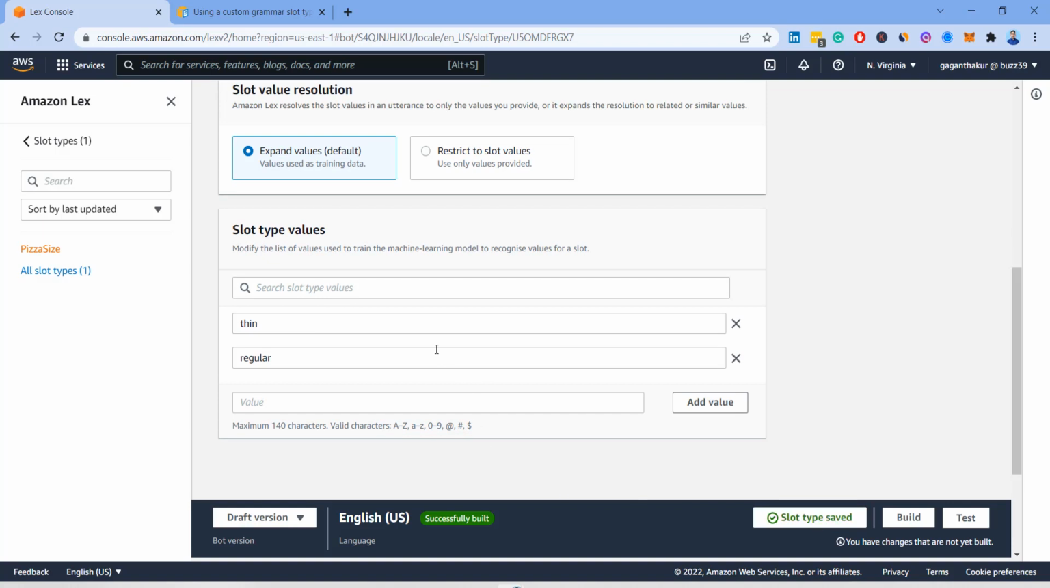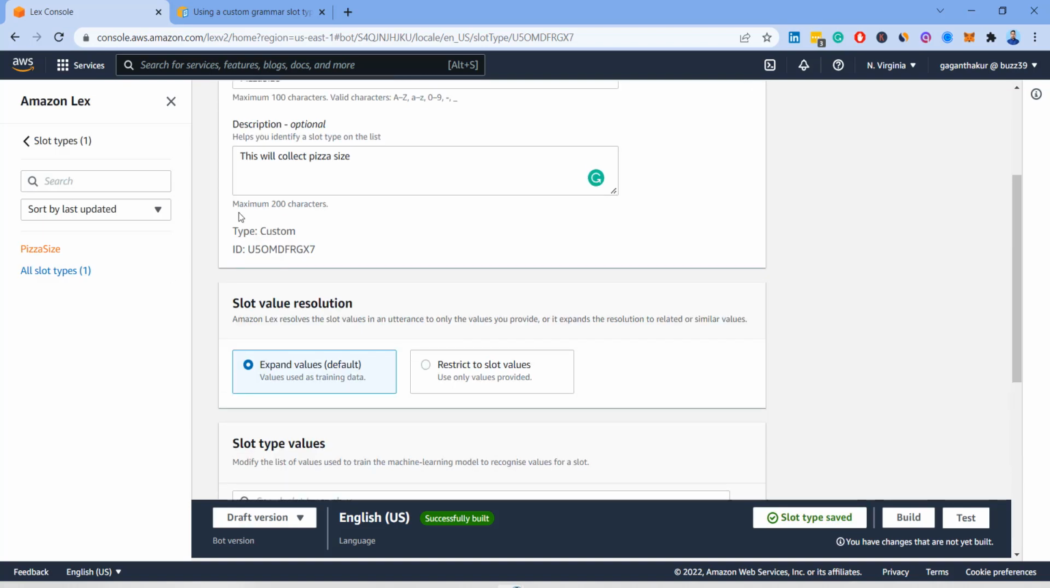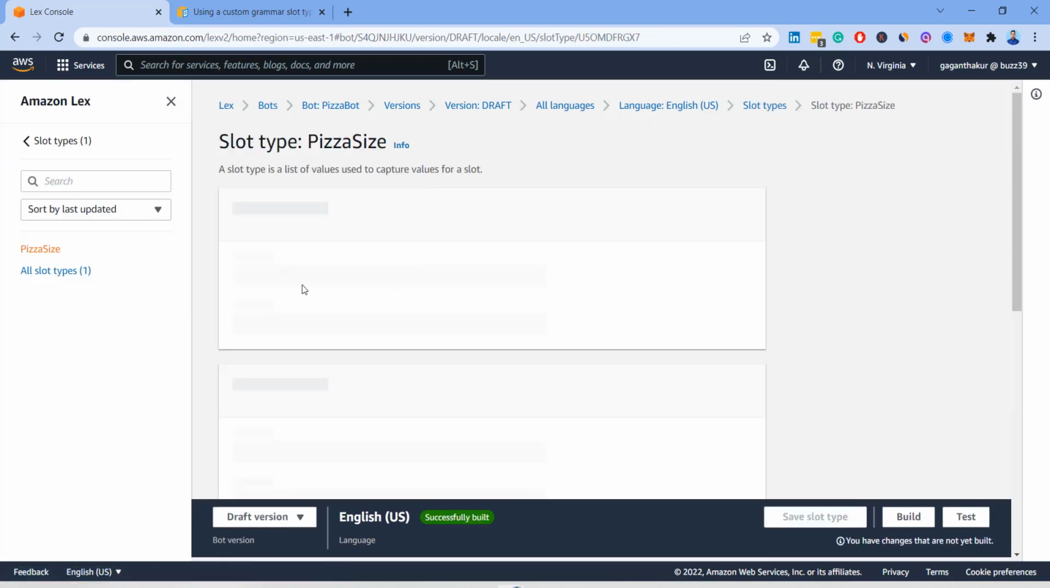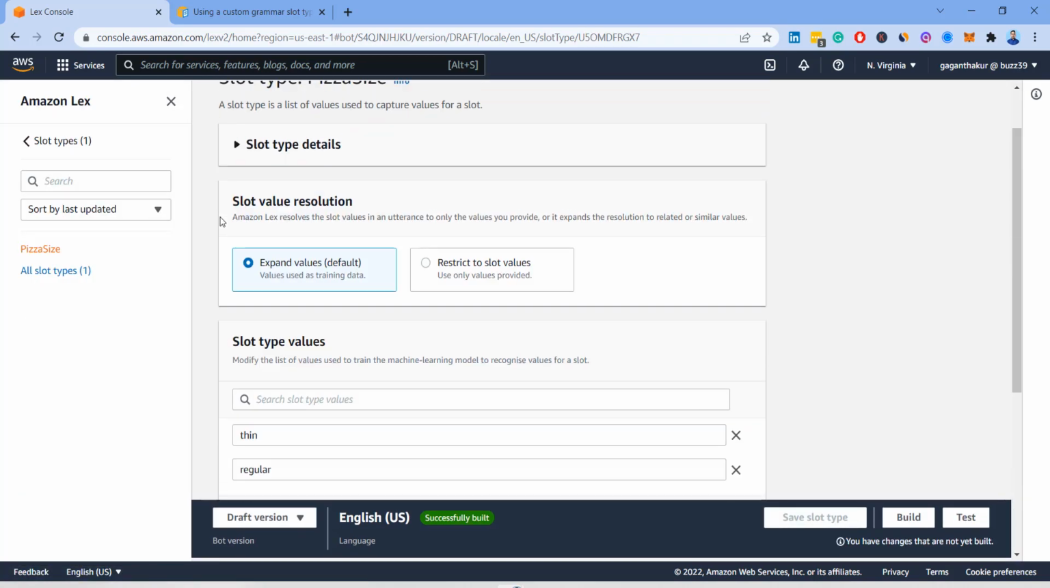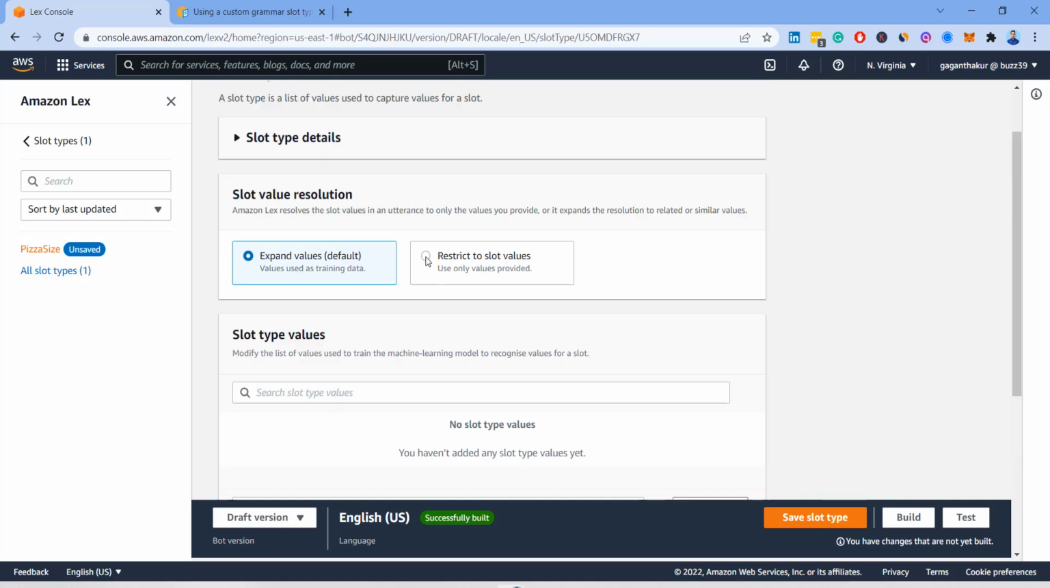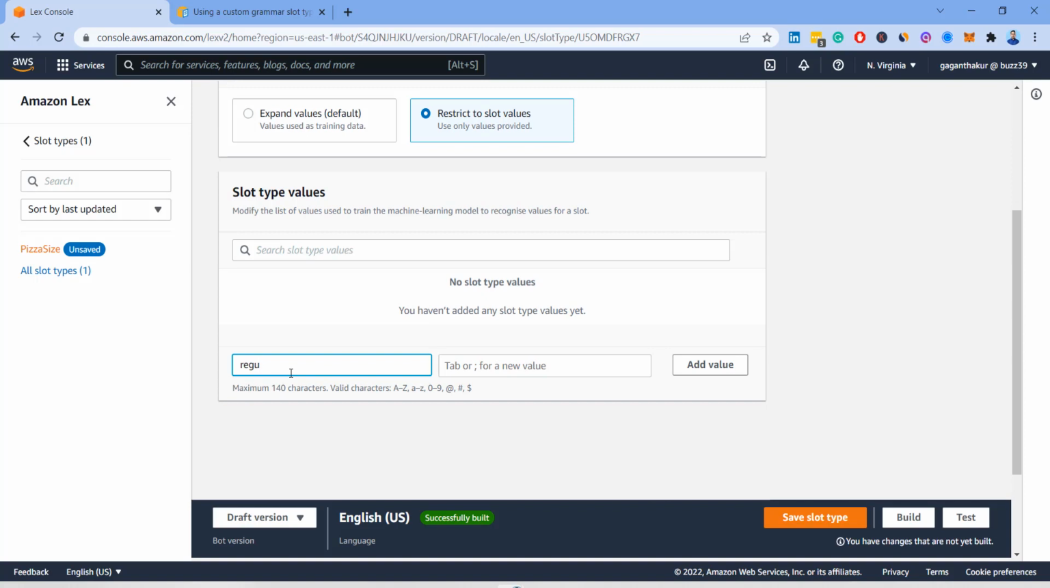The same way I will create three slots. So this is the first one, and this will, oh, I'm sorry, this is actually the crust one, right? So I will change the name, because the sizes could be small, medium, regular, or you know what, I will actually go ahead and use restricted values, and I will say